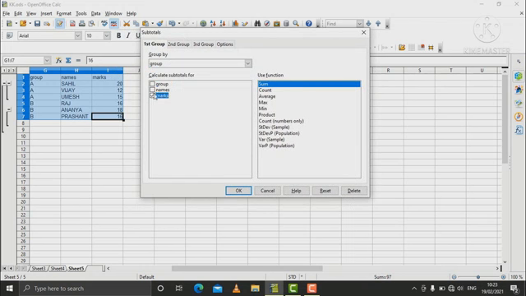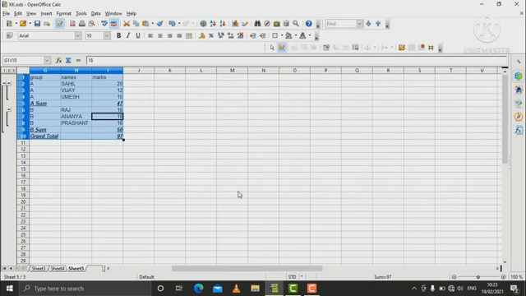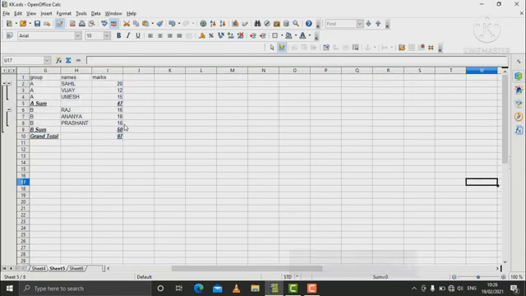So I select the mark column, or mark heading, and here I have to choose the function. I use the sum function and click on OK. Here you see the sum of group A appears here, and the sum of group B appears here, and the grand total of group A and group B also appears here. So this is the subtotal function I used to calculate some data, or conditional performance calculation.